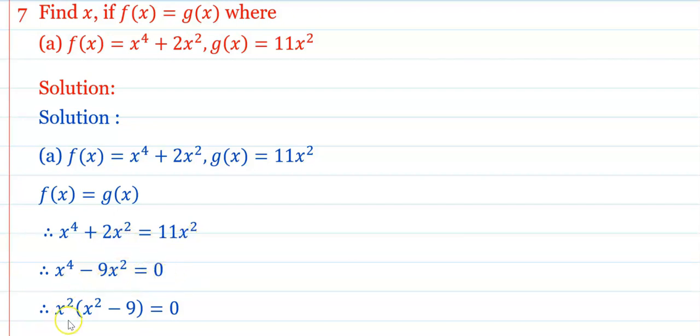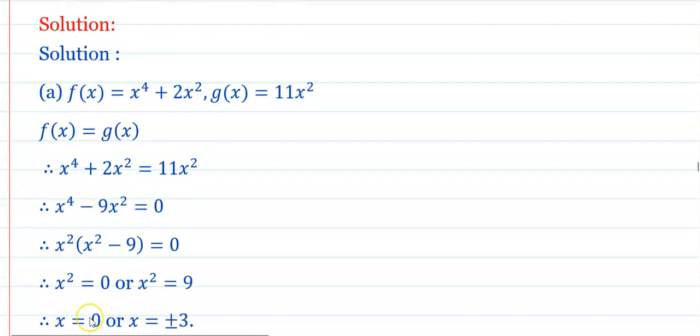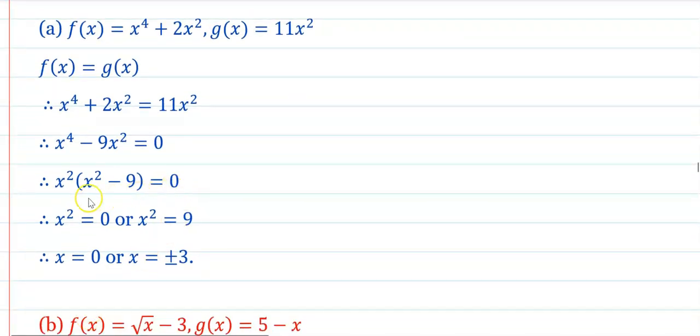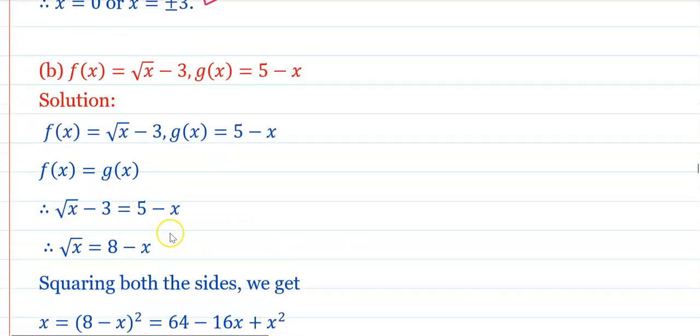Take x² as a common, then in bracket you will get x² minus 9, that's equals to 0. x² is equals to 0 or x² minus 9 is equals to 0 means x² is equals to 9. Take the square root, then here you will get x is equals to plus or minus 3, x is equals to 0, and these are the values of x. Easy example. Now the next, f of x is equals to root x minus 3 and g of x is